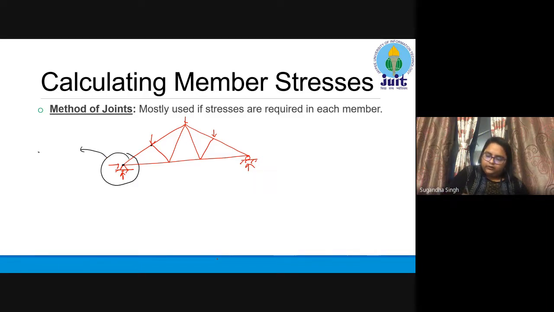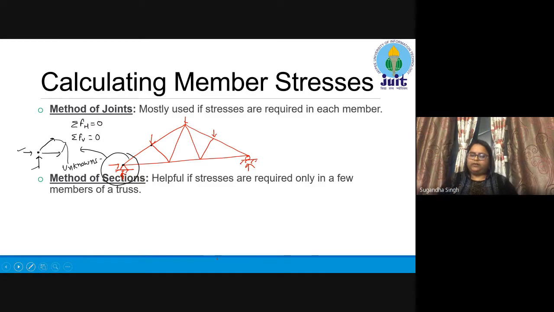In this joint, we have the horizontal reaction force, vertical reaction force, and the member force here and here. Using these, we can apply Fh is equal to 0 and Fv equal to 0. Note that we are not taking moment here because there is no moment at any of these pin connected joints. So these two are knowns and these two forces are unknowns. So we have two unknowns and two equilibrium equations. So we can find out these two unknowns.